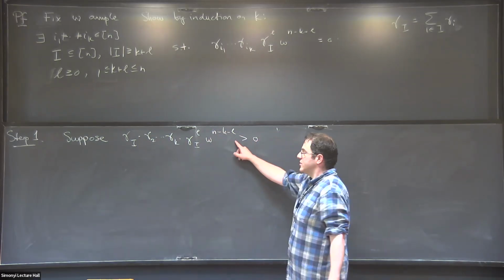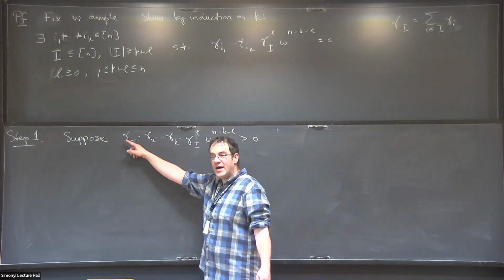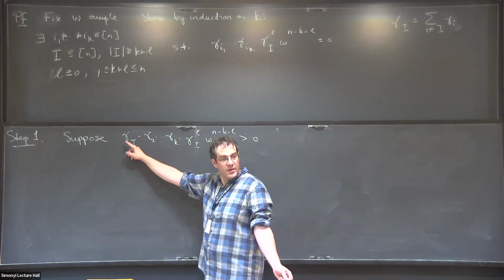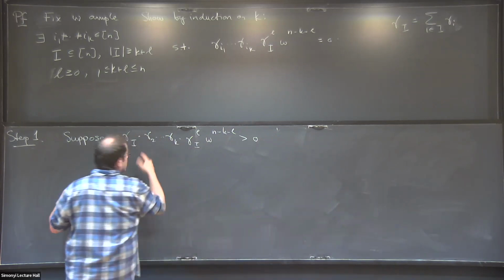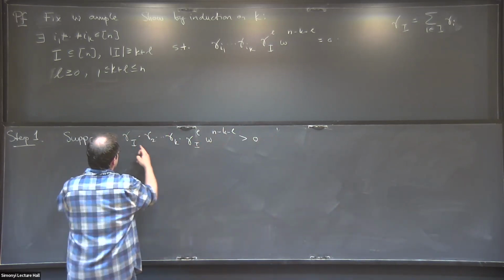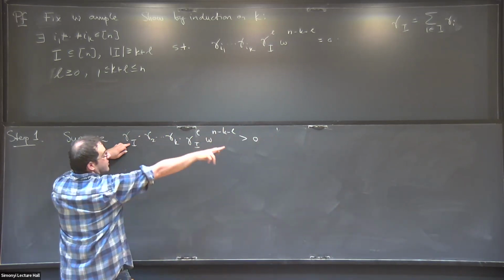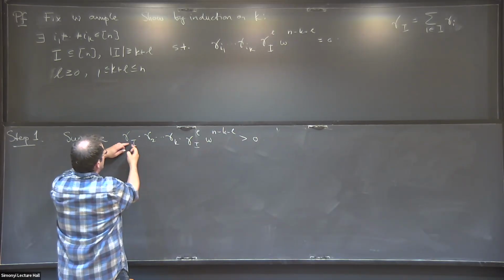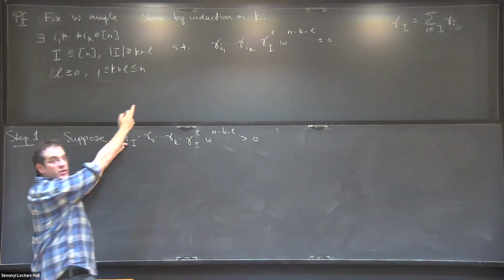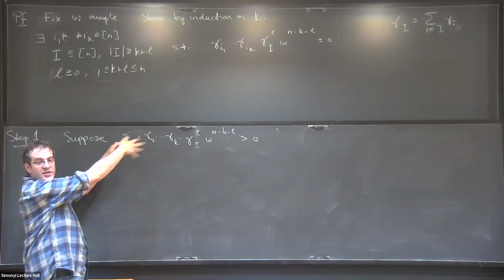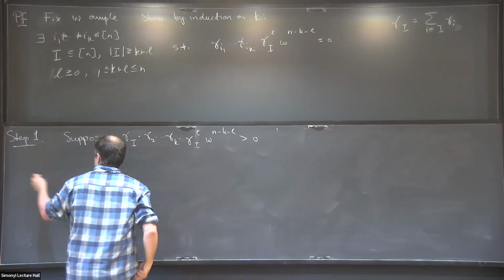Suppose that this is actually positive, right? So if I replace gamma 1 by gamma I, I'm no longer 0. Now, in this case, what we can do is just apply HR1, because you can think of the Q over there as now being Q of gamma I1, and the rest of them are reference bodies. So HR1